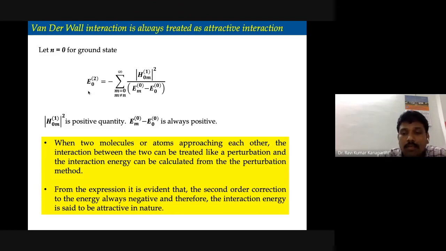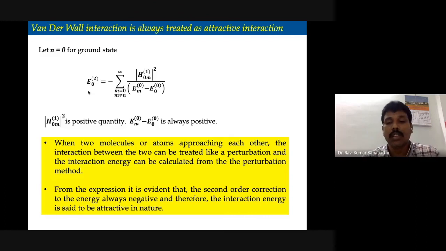Why we have discussed all these things is that ultimately we wanted to understand the approximate wave functions and approximate eigen states or eigen energies of systems which are complicated in nature, which cannot be solved exactly. And this is the method that we adopt.